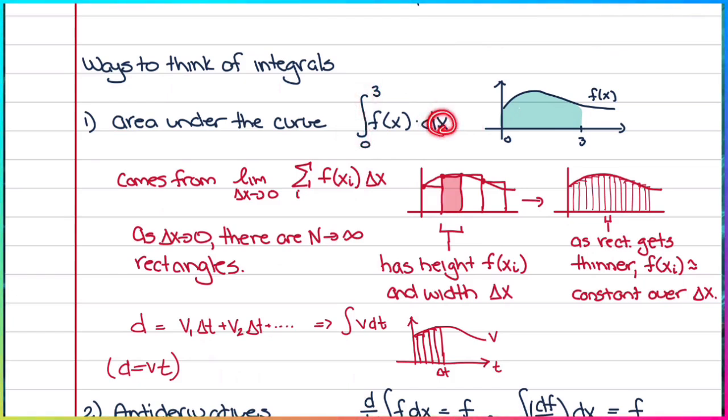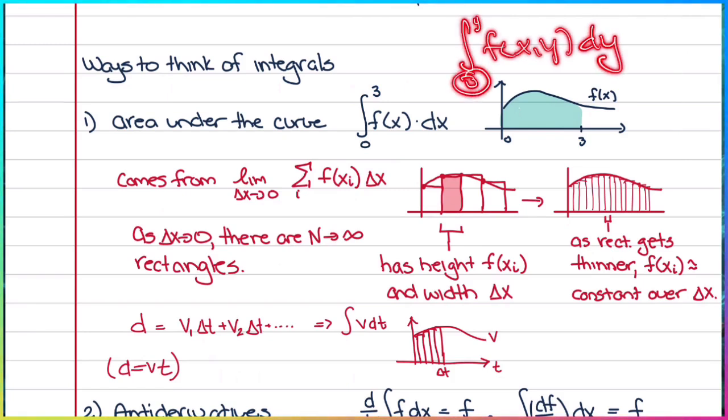And then the something is the dimension you're integrating over. So we're changing x. So as I go from 0 to 3, that's x goes from 0 to x goes to 3. I realize in our sophomore class that a lot of students did not appreciate this, that when you write a 0 here, that 0 is an x value because that is what's after the d. This 3 is an x value because that's what's after the d. So something to keep in mind. So if I wrote the integral of f of x comma y dy, then this would be an integral over y. So if I did 3, 4, this 3 and this 4 are y values. Anyway,